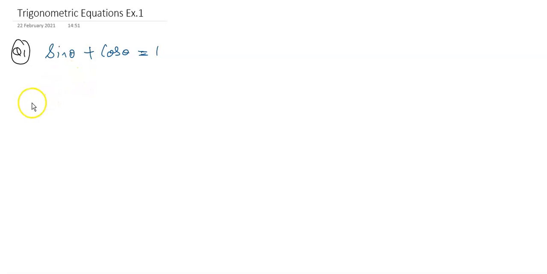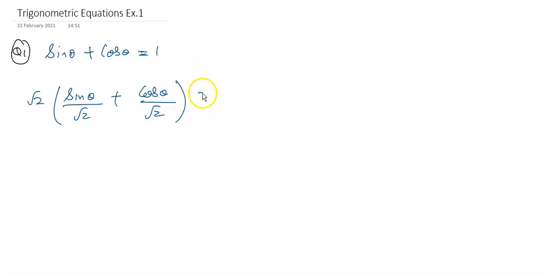हम इसको √2 से मल्टीप्लाई डिवाइड कर देंगे, दैट इज अंडर रूट ए स्क्वायर प्लस बी स्क्वायर से मल्टीप्लाई डिवाइड करेंगे। सो दिस इज √2 इंटू साइन थीटा बाय √2 प्लस कॉस थीटा बाय √2, दिस इज इक्वल टू 1। नाउ इसको हम लिख सकते हैं √2 इंटू, ये लिखा हुआ 1 बाय √2 को हम लिख सकते हैं साइन पाई बाय 4 और इनफैक्ट कॉस पाई बाय 4, ताकि हम इसको साइन में कन्वर्ट कर ले। सो दिस इज नथिंग बट साइन थीटा इंटू कॉस पाई बाय 4